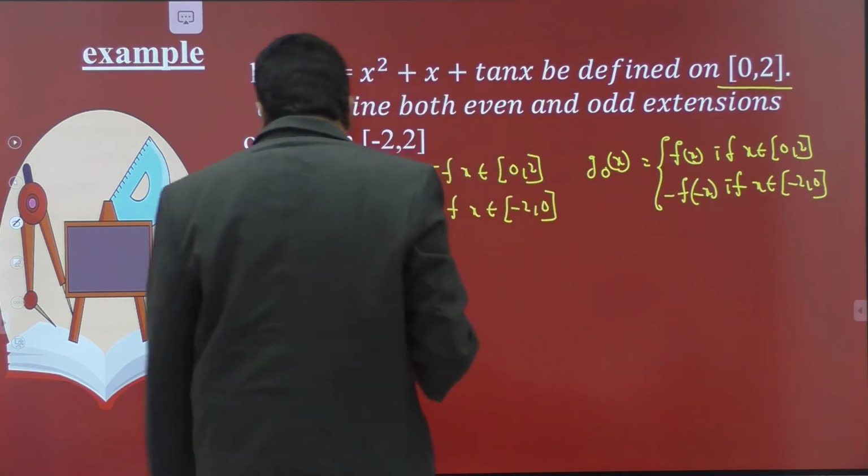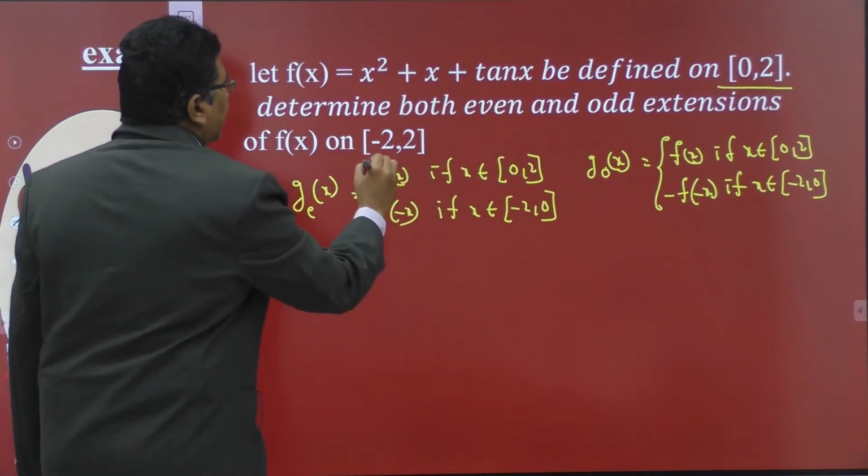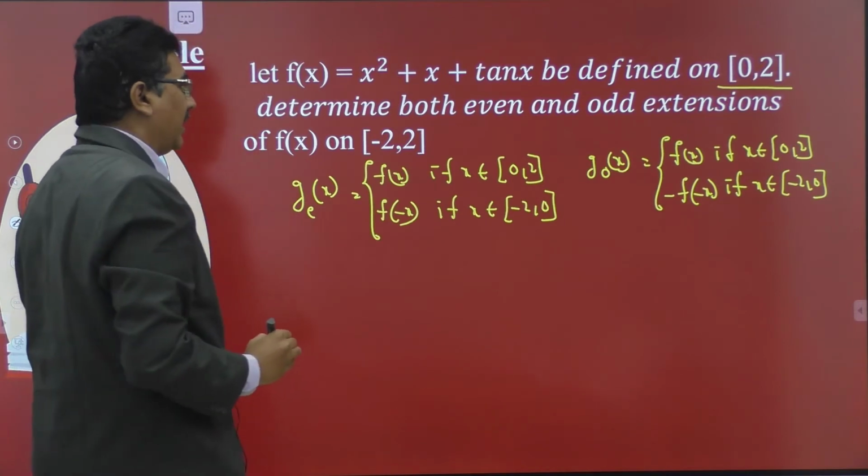This is the odd extension and this is the even extension.